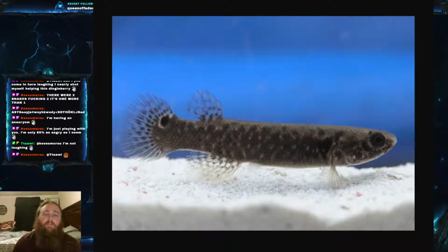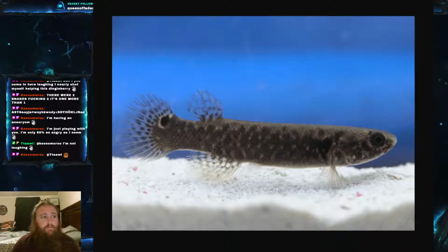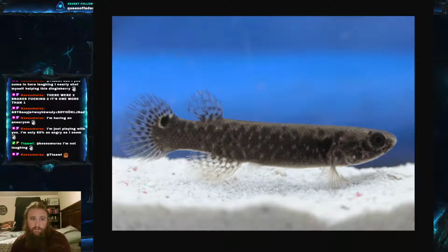the Mangrove Rivulus fish. Now, the Mangrove Rivulus fish, or scientific name Cryptolebius mammaretus, it is part of the family Rivulidae, which is known as the South American killifish, or the New World killifish, but it's actually